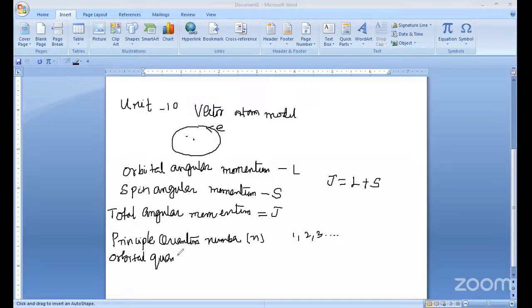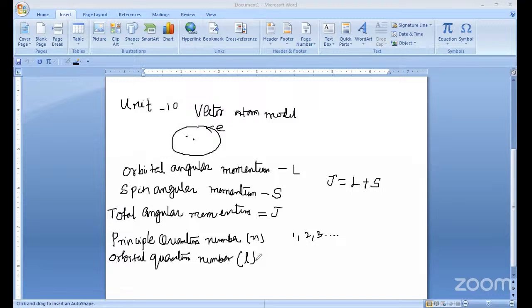This is the orbital quantum number. About this also you should know. This orbital quantum number is generally represented with the small l. If you take this orbital quantum number, it can take